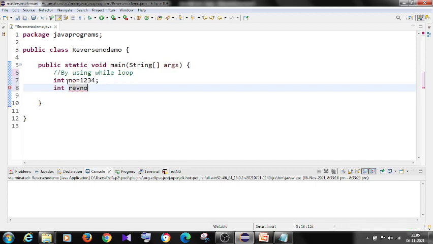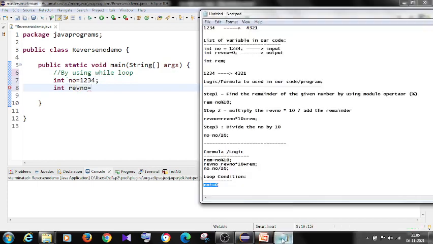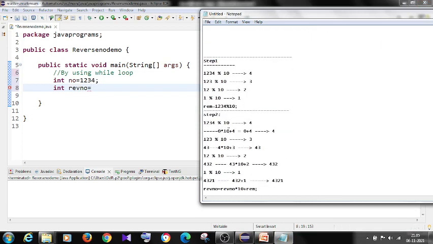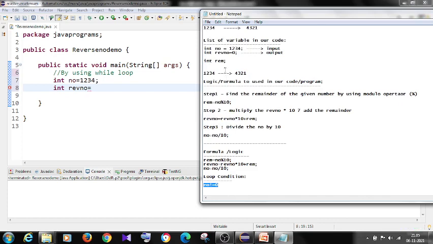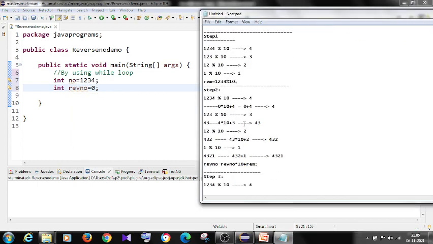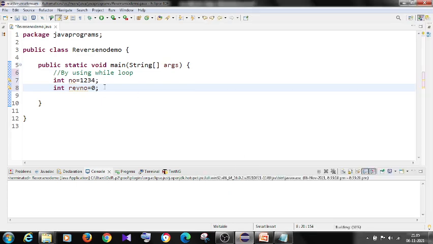Here I use rev number. I need to initialize it with 0. You know why we initialize it with 0 here? When I multiply 0 into 10, it should be 0 plus 4. So remember, the rev number should always be initialized with 0. Because in step number 1, 0 into 10 is 0 plus 4. To achieve this we initialize the rev number as 0.